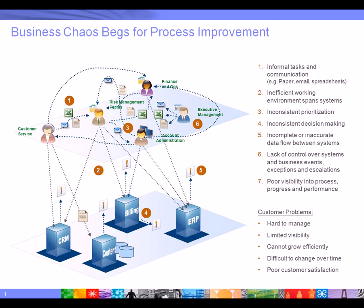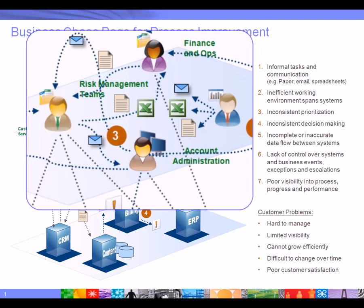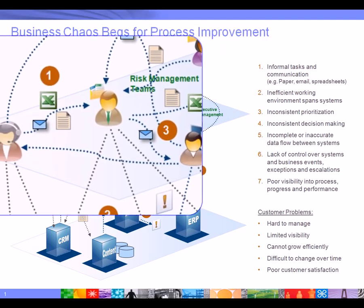Hello, let's take a short tour of business process management in action. Business processes consist of human-to-human and human-to-system interaction. In this visual, you can see that there are a number of people that are working in an ad hoc